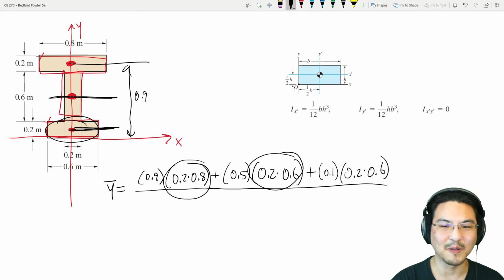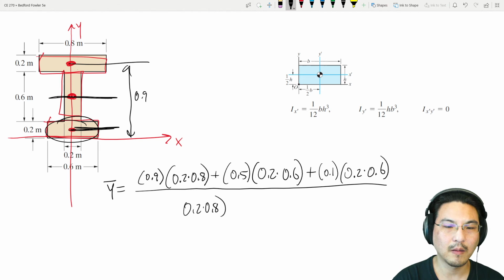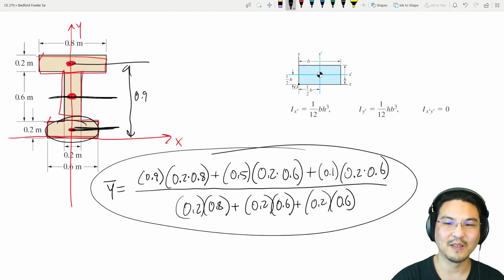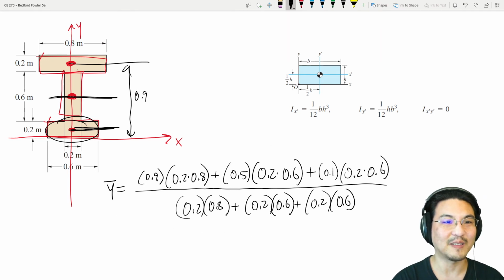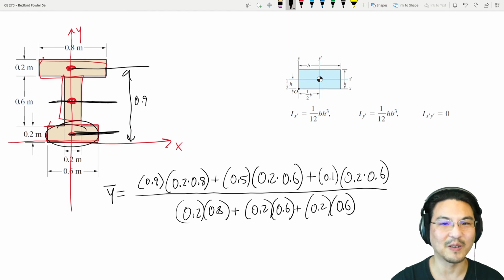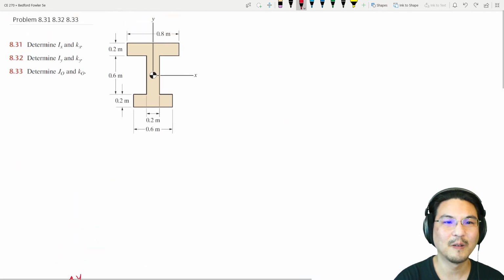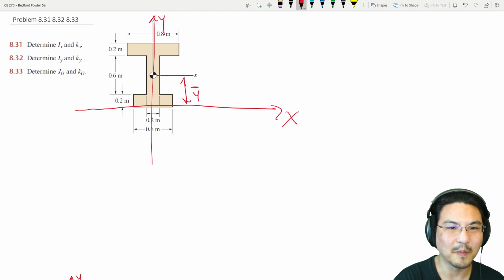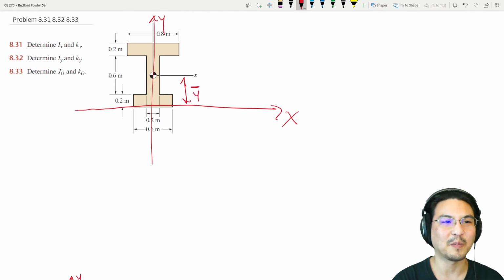Top rectangle, middle rectangle, bottom rectangle. Let me write it like this: 0.2 times 0.8 plus 0.2 times 0.6 plus 0.2 times 0.6. Okay, so for this, that is the location of the centroid in the y direction. In other words, this distance right here. Okay, so to do the parallel axis theorem,